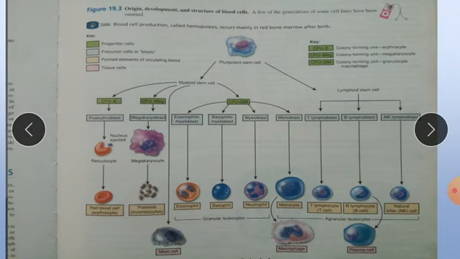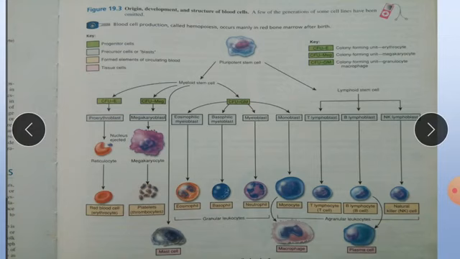Now here this is the major site for the formation of various types of cells, for example progenitor cells, precursor cells, and the formation of the circulating cells and tissue cells. Also CFU, colony forming units: CFU-E for erythrocytes, CFU-Meg for megakaryocytes, and CFU-GM for granulocytes and macrophages. In order to form blood cells, pluripotent stem cells in red bone marrow produce two further types of stem cells which have the capacity to develop into several types of cells.